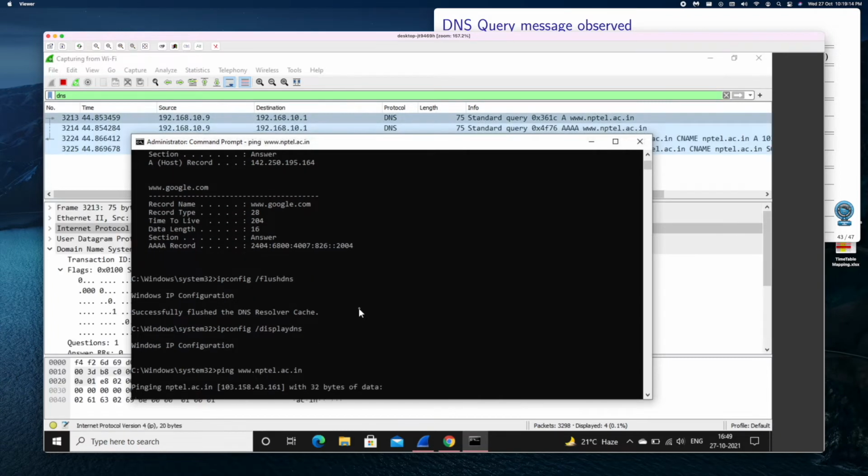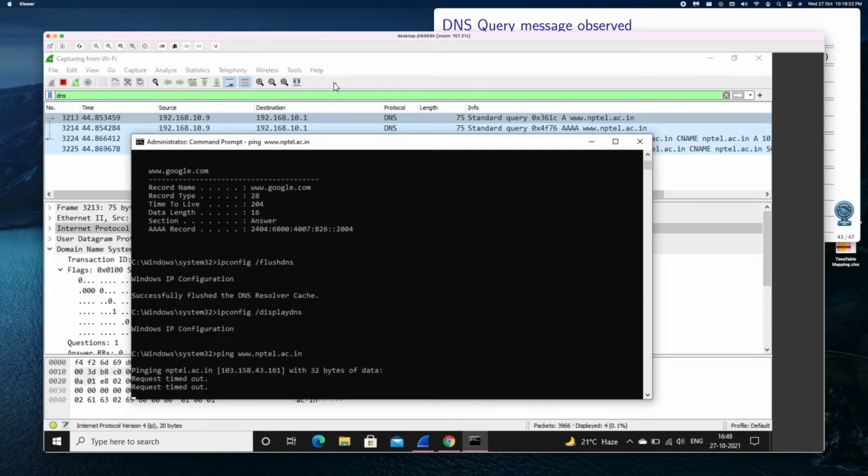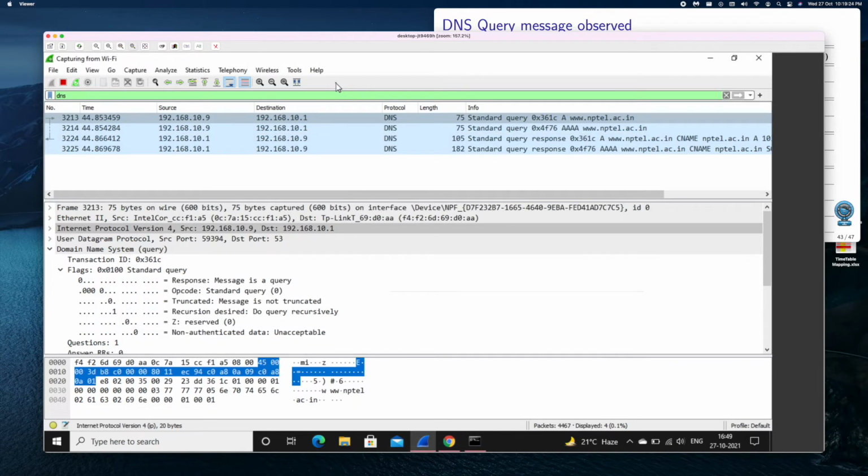So internally you can see that it has been converted into an IP, whereas in the background we can also see that it led to some DNS query and response back, and Wireshark has captured them. This is what is of interest to us. Now let's stop this. We can see that there were some DNS queries from my machine to the .1, that is the DNS server. These were the queries, and then we can also see the responses coming back from the DNS server to my machine.